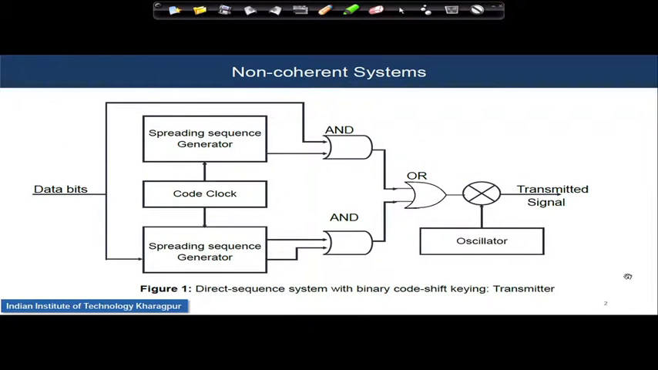A non-coherent communication system. The first figure is showing a typical block diagram of the transmitter of a non-coherent communication system. So, data bits are coming both in the upper AND gate as well as in the lower AND gate, and